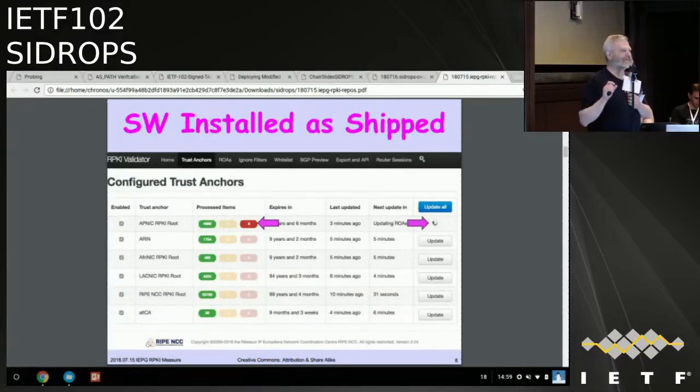RIPE NCC in general has that, and there is a procedure. It's a general number, and at the back they have a procedure that if it's about this, then send it to that support engineer. So we already have that. We don't have it for RPKI specifically, for any part of the RPKI subsystem, but I think that's another thing we have to consider, to set up support for that. Cool. Thank you.